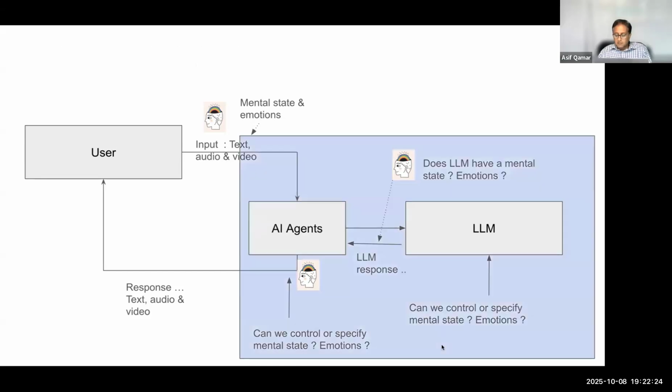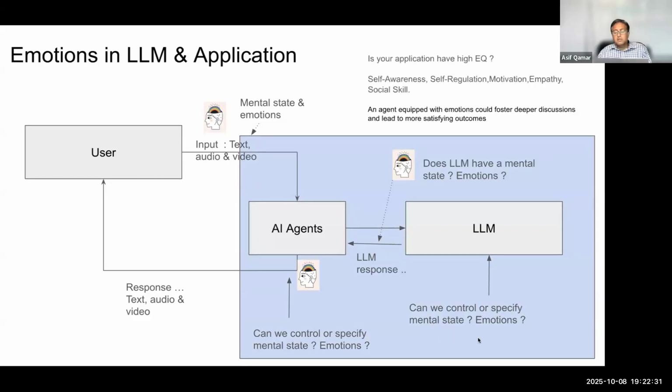Because you can imagine in the now, as well as in the near future, or maybe already happening. There are many applications that would benefit from knowing systematically how to control and understand the user's mental state, and then how to respond in a proper way to the user's need. So I think this field is exploring customer chat applications, psychologist applications, LLMs becoming a psychologist, LLMs becoming a doctor